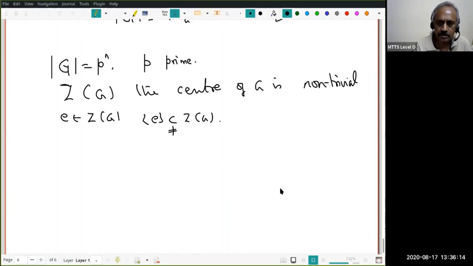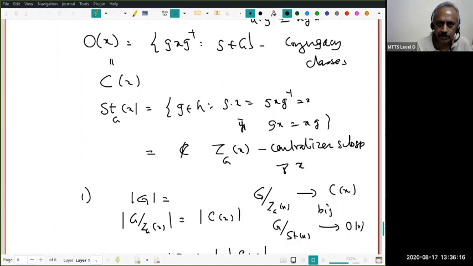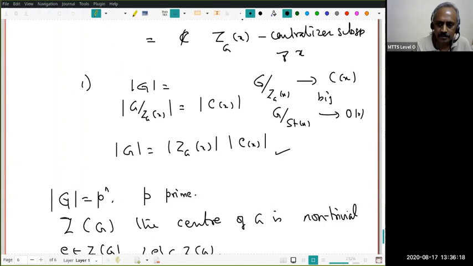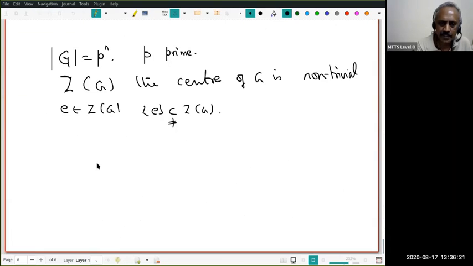Let us go through the last proof. Okay. How will you do that? So we want to say something about Z of G. Since p is a prime, if I show p divides the modulus of Z of G, then this will have at least p number of elements. Since p is a prime, it has to be greater than or equal to 2. Therefore, it should have at least one non-trivial element in the center. Is that clear? So let us try to prove that.